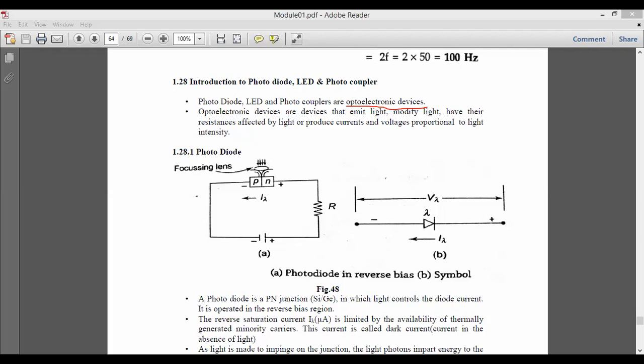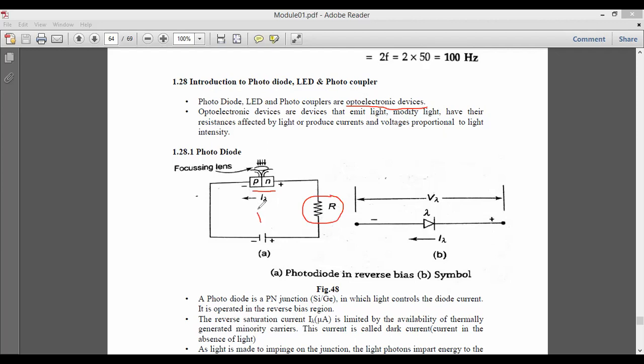Now look at this figure. It shows the circuit diagram of a photodiode, and this is the symbol of the photodiode. Here you can see I have one PN junction diode. I have connected a load resistance R, and applied the positive of the battery to the N type and the negative of the battery to the P type.